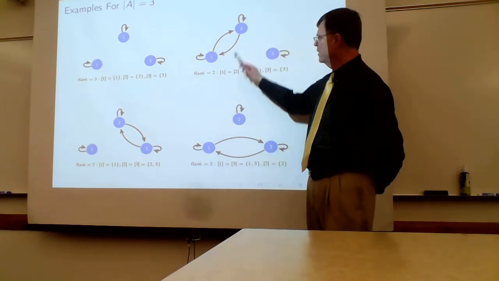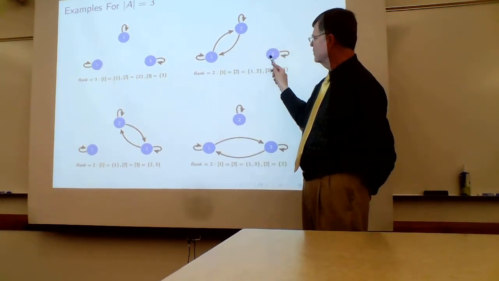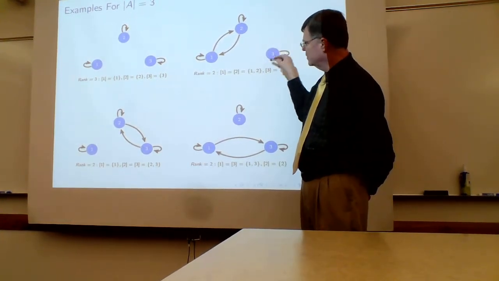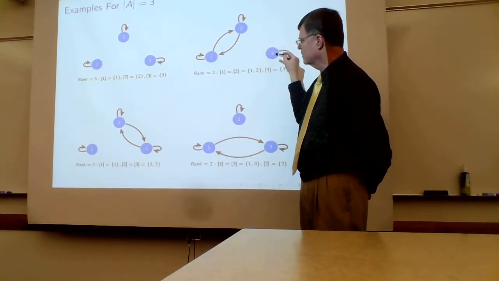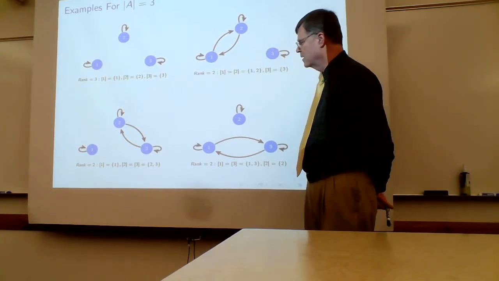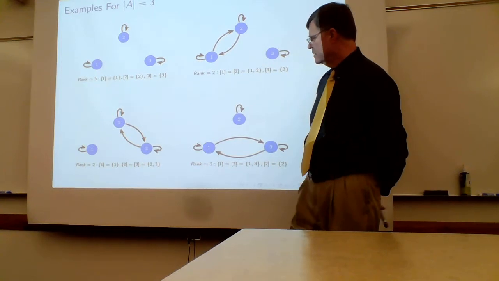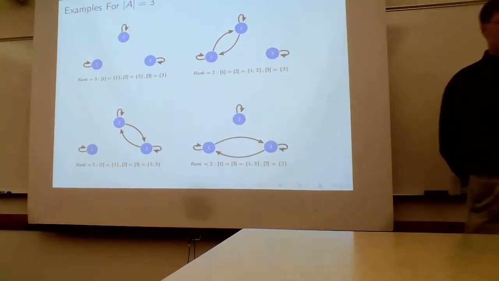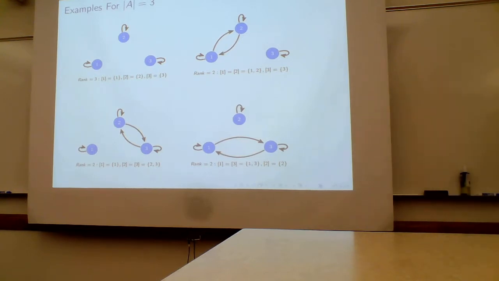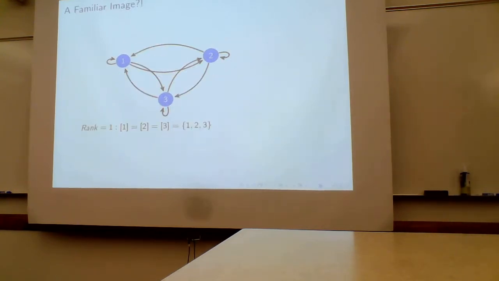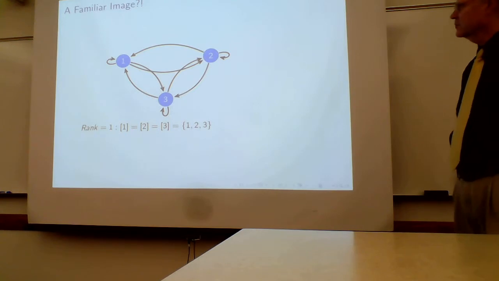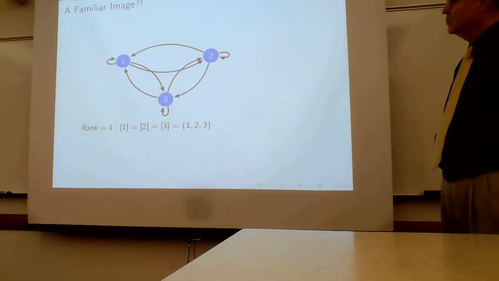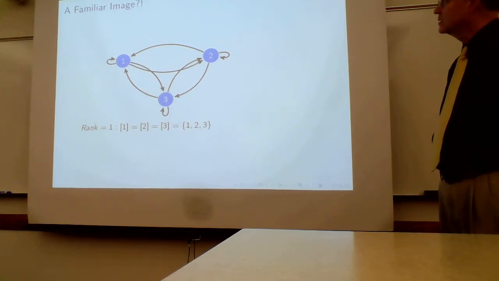Here's a rank 2. We have 2 elements in one subset, 1 in the other one. It's still an equivalence relation. Both of these subsets are. So there's another rank 2, another rank 2. There's one rank 3 that you already saw, right? And it's drawn a little differently with the 3 on the bottom, and we have both directions of the arrows for the others. Is this familiar?